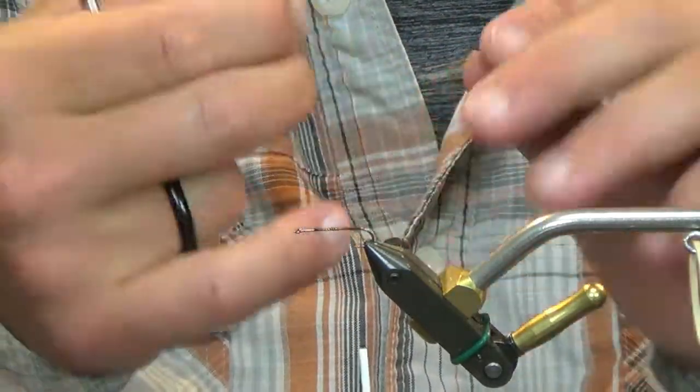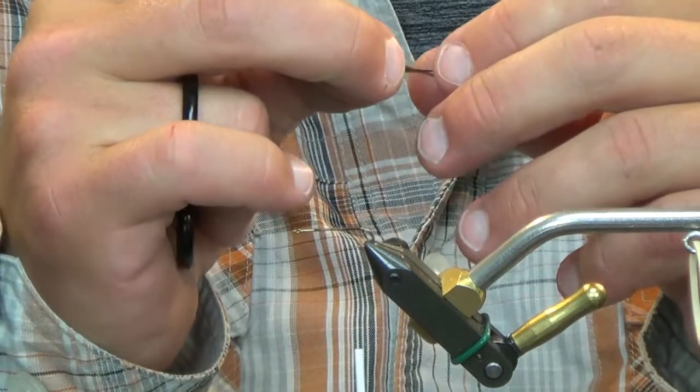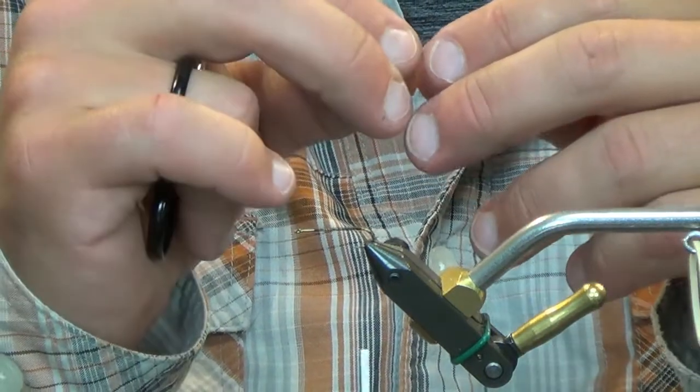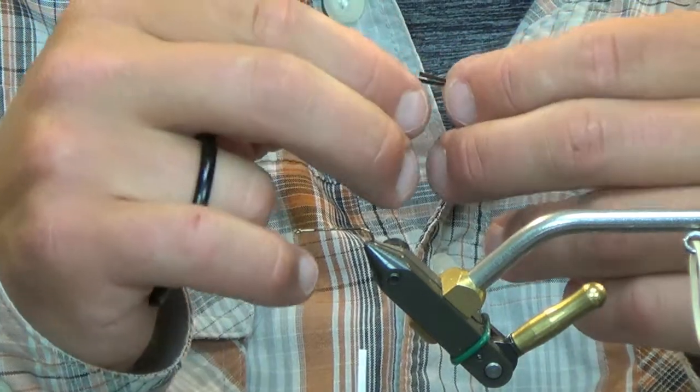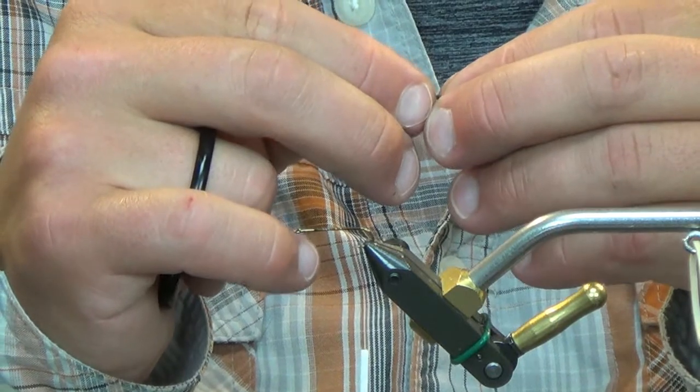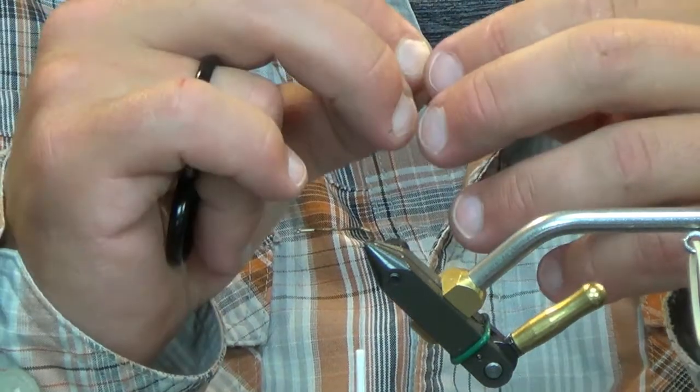But to start with this one, I'm going to go with some brown goose biots. And you can tie these in brown and black. Those are like the really common colors for this one. But if you want to do olive, whatever it may be,